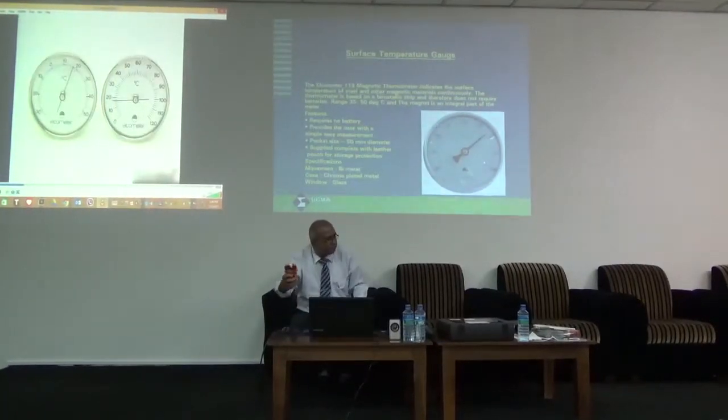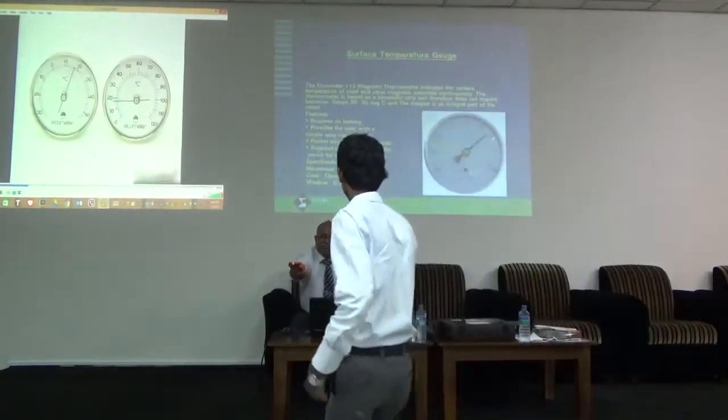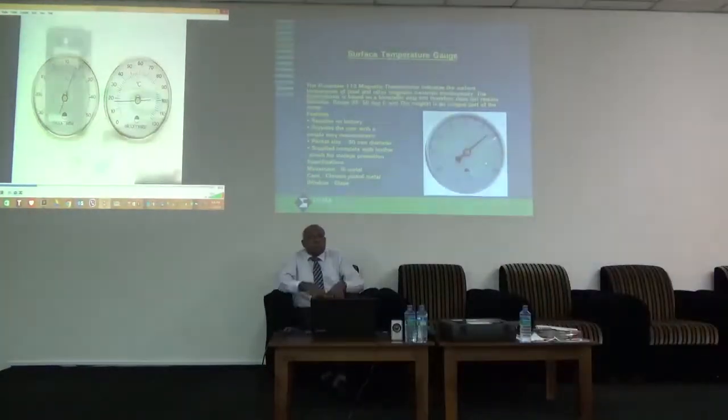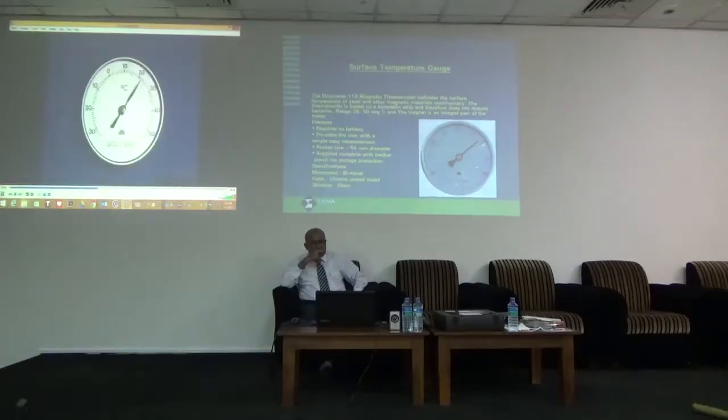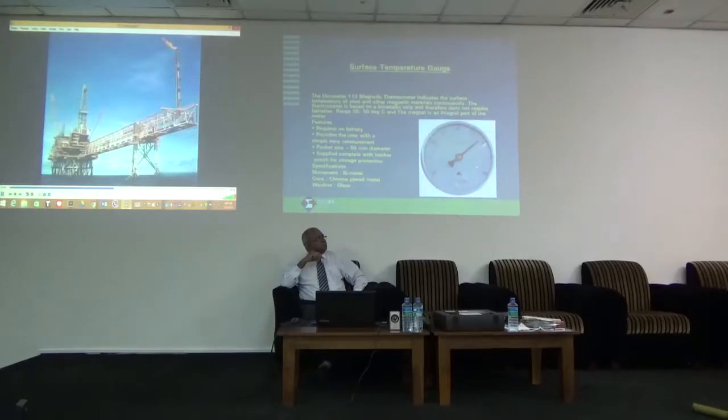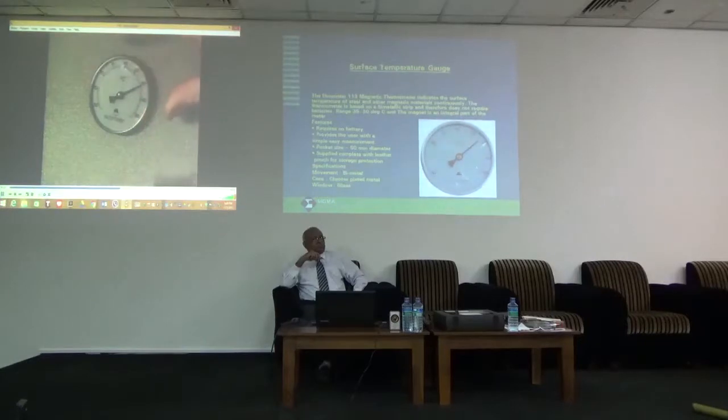There are two general methods of assessing the steel temperature. One is to use a magnetic steel temperature gauge, and the other is to use a digital thermometer. It is necessary to allow 15 to 20 minutes to ensure that the temperature is stabilized. No batteries are required on the magnetic steel temperature gauge, allowing the instrument to be used in intrinsically safe locations. The magnetic temperature gauge is simply placed on the steel substrate, where it is held in place by the magnet at the back of the gauge.